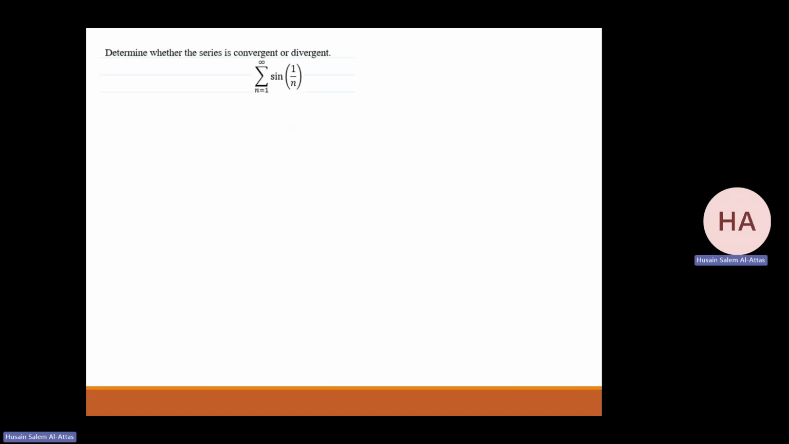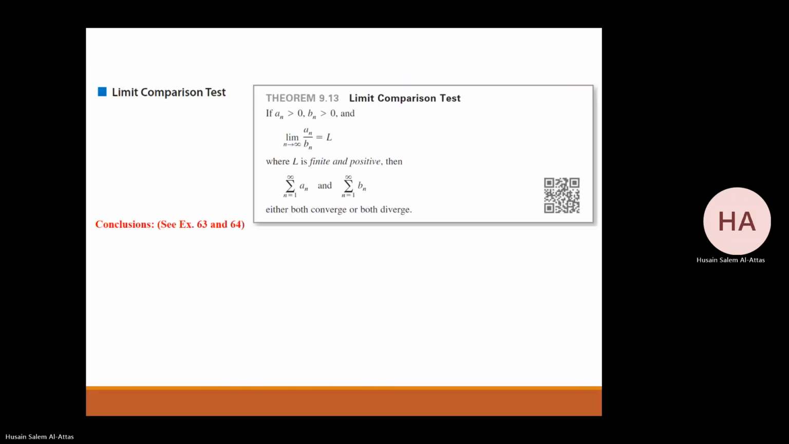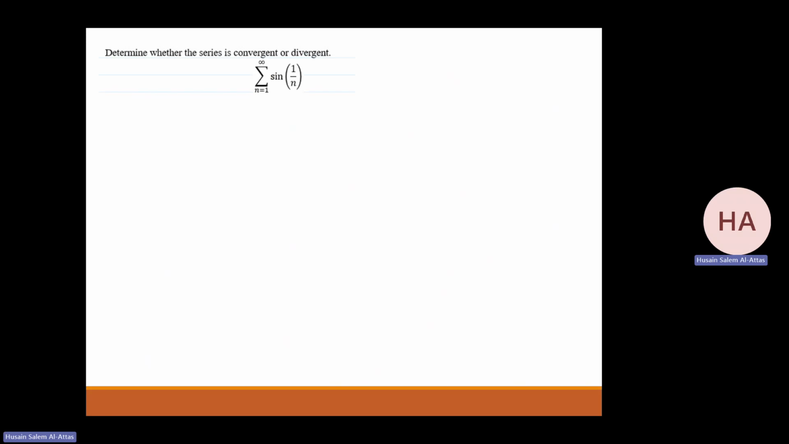I'll compare it with what? Yeah, I need to think about it. Yeah, I will compare it with 1 over n. This is my bn, and my an is sine 1 over n. Why will that work? I know this is the divergent harmonic